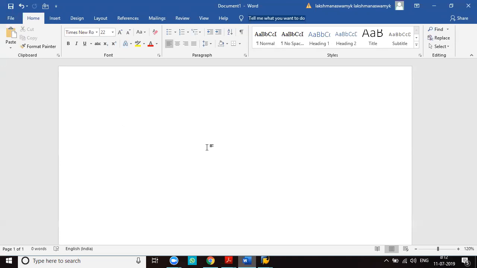The length of the password is 6 to 40 characters. So minimum 6, maximum 40. It is alphanumeric. But it is case sensitive. Underline this point. It is case sensitive.